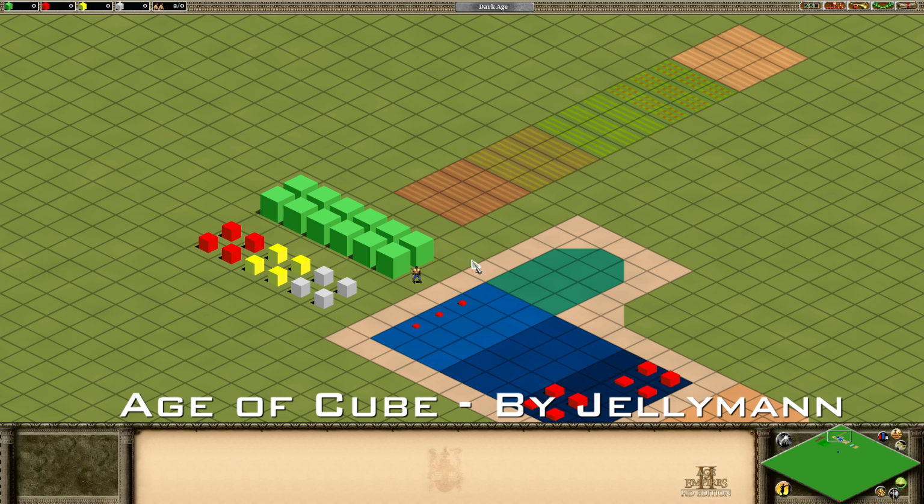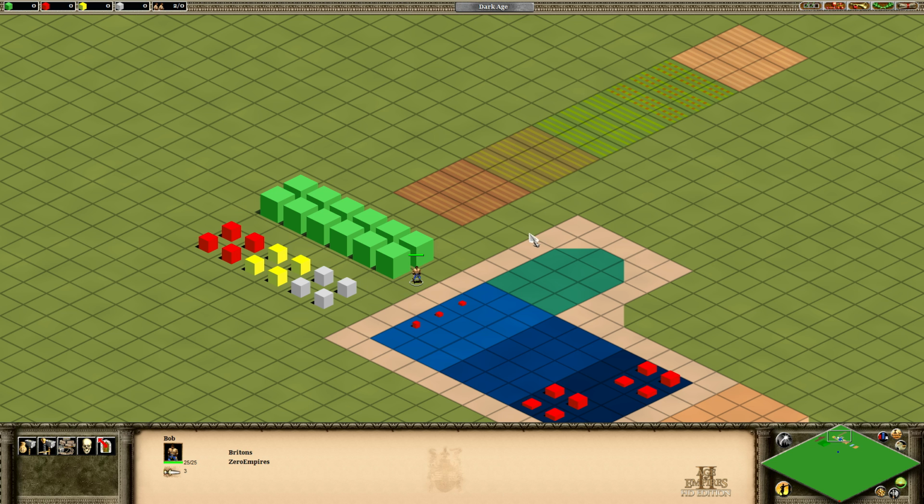This mod has been out for quite some time. It's called The Age of Cubes, and it certainly looks quite interesting. At first glance, you might be thinking, what the hell is this? I think it's actually pretty cool. It basically turns all of the Age of Empires 2 resources and terrains into flat colored textures and cubes, as